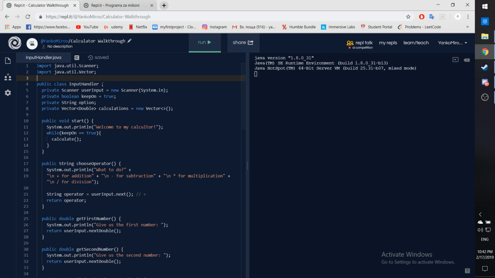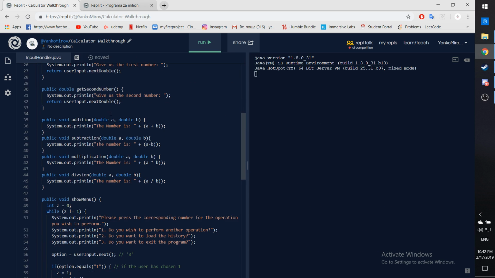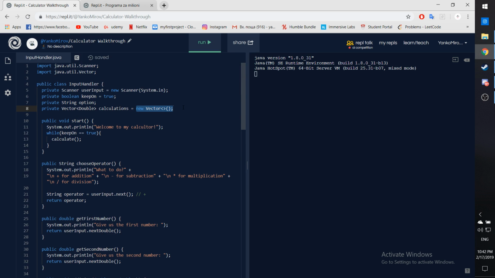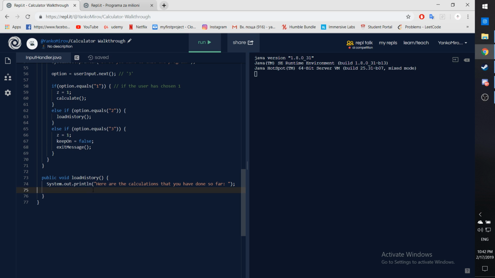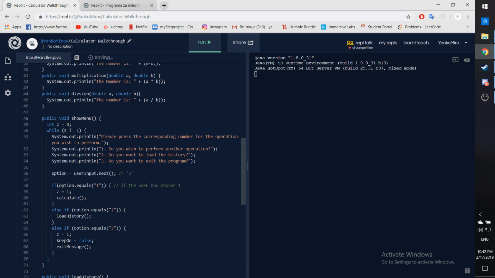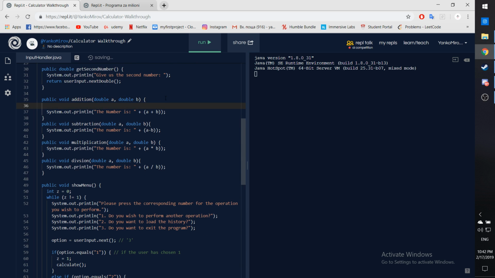It's the same thing, we're just creating an instance of the class. Alright, now why do we want to use vectors here and not arrays? Well, okay, vectors give us, in Java more specifically, they